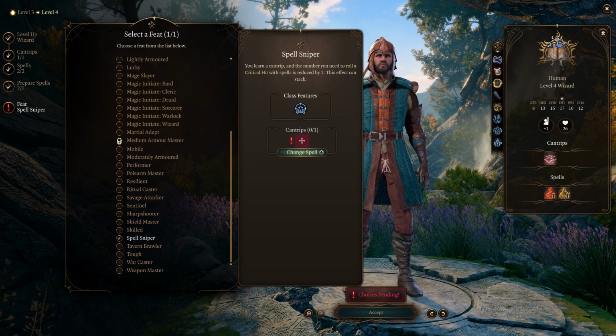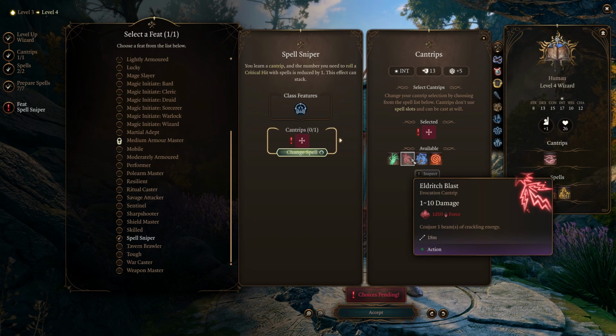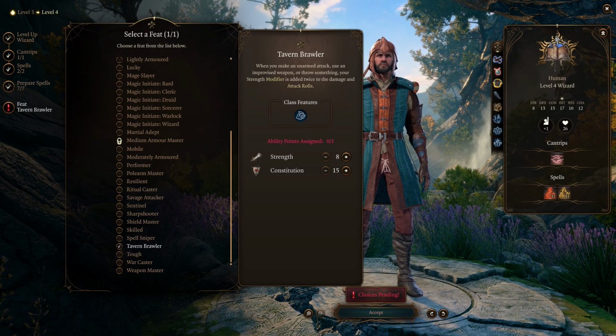Unfortunately, at this time, the feat is bugged and only provides an additional cantrip. Once this is fixed, for most builds, it will probably be a better way to pick up Eldritch Blast than taking Magic Initiate Warlock. Tavern Brawler is triggered when you make an unarmed attack, use an improvised weapon, or throw something,